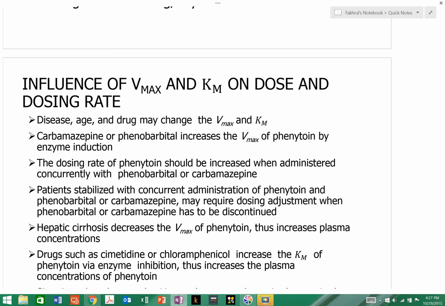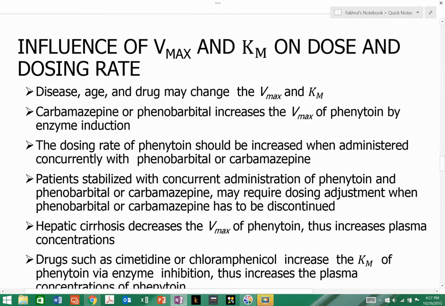So now, how do different enzyme induction or enzyme inhibition affect Vmax and Km of phenytoin especially. First, disease, age, and drugs may change the Vmax and Km. So anything, disease, age. One of the examples is